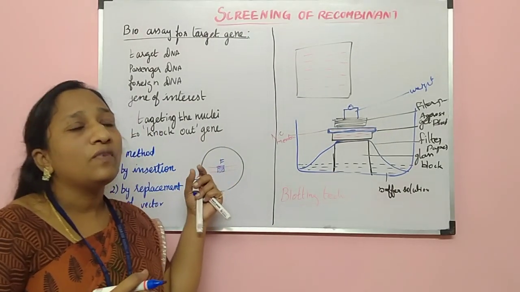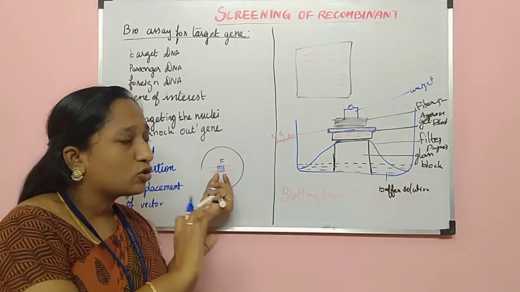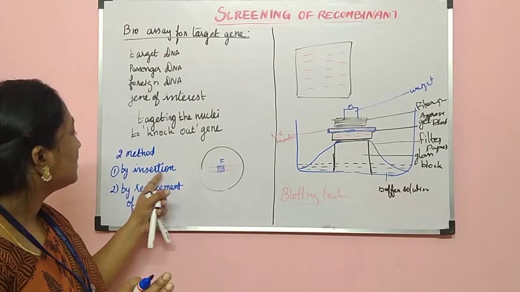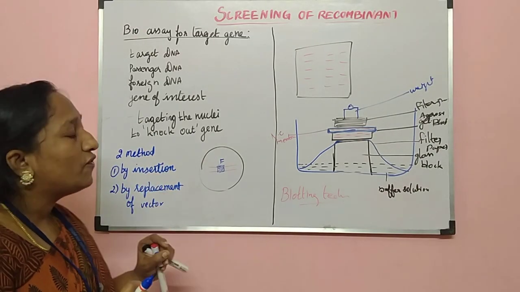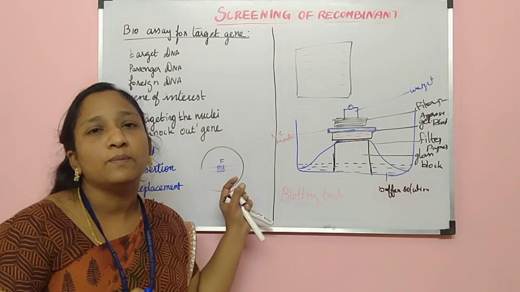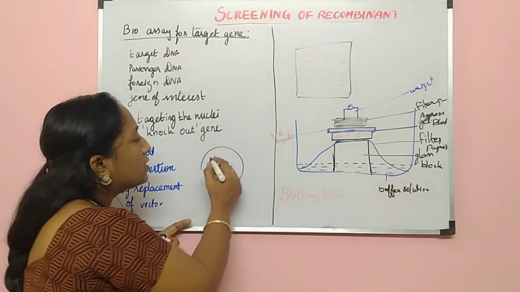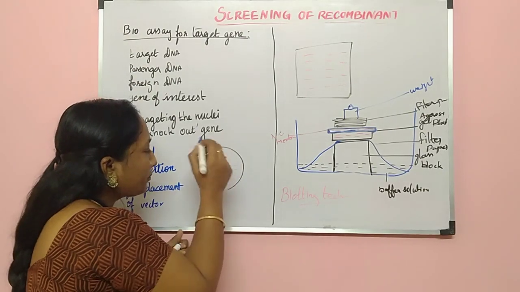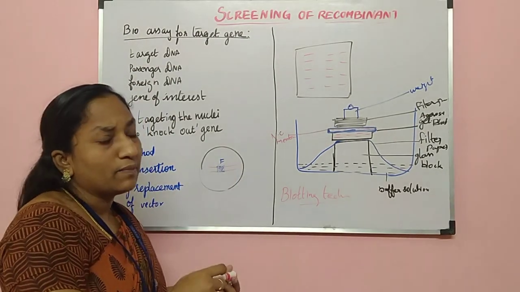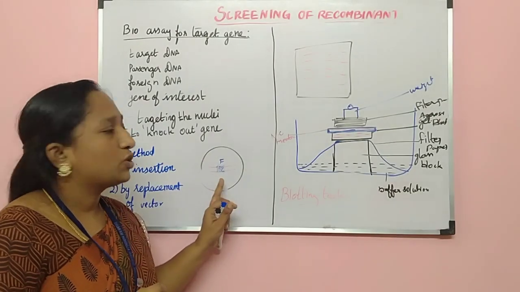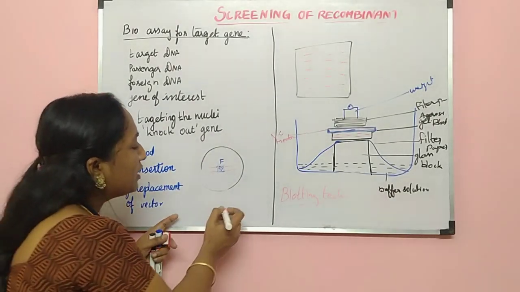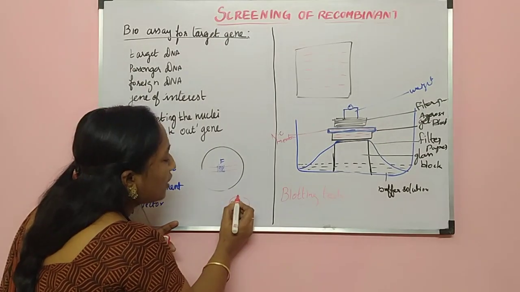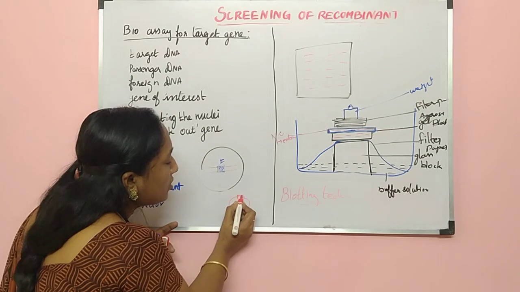In gene knockout, to find out the function of the gene, it has to be replaced by means of two methods: one by insertion of vector, or by replacement of vector. Now this is a cell. Inside the cell, the DNA fragment has this F type of segment, the F gene. Now we want the function of this F gene. For that we have to insert a vector inside, and the vector should have some other known gene.